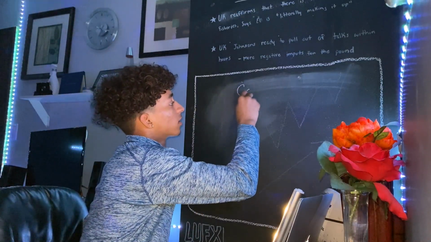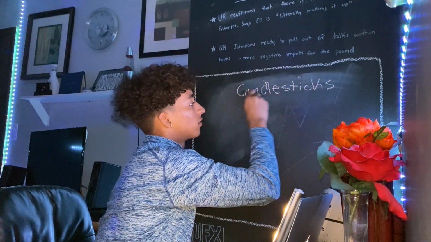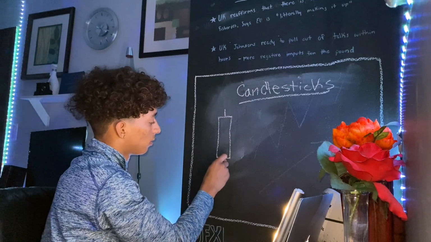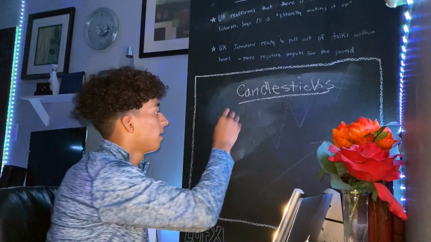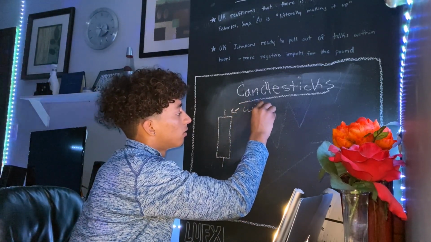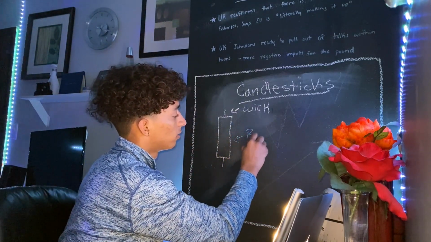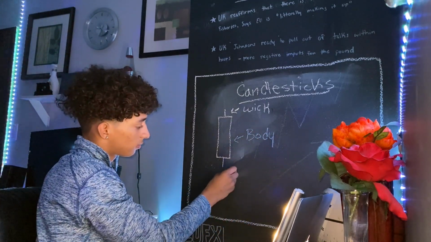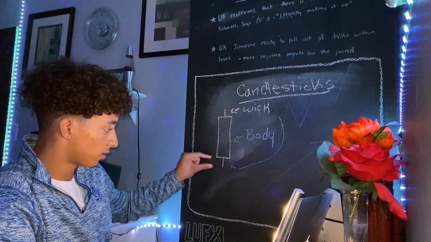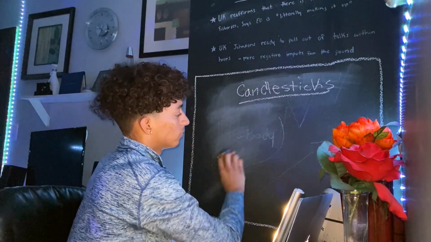Okay, so here we're gonna talk about candlesticks. So what are candlesticks, right? So this is a candlestick. This is what a candlestick looks like in Forex. And this right here is called the wick. This right here is called the body. And this is also called the wick. So this is a wick, this is called the body, and this is called the wick. Now that you know the different parts of the candle,